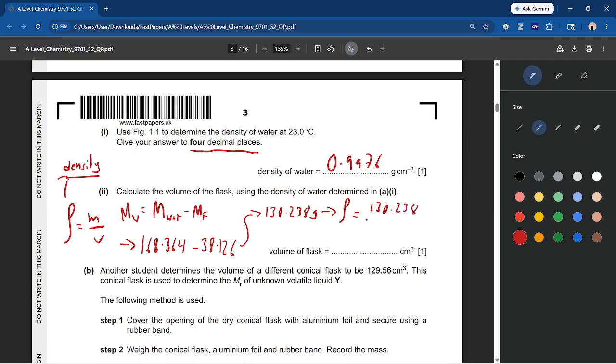So you're going to divide this to find the density. 130.238. Oh, wait, we're going to do this to find the volume. So we know the density. The density is just going to be the one over here. So this will be 0.9976 is equal to 130.238 divided by volume. So our volume is equal to 130.238 divided by 0.9976, which gives us a final value of